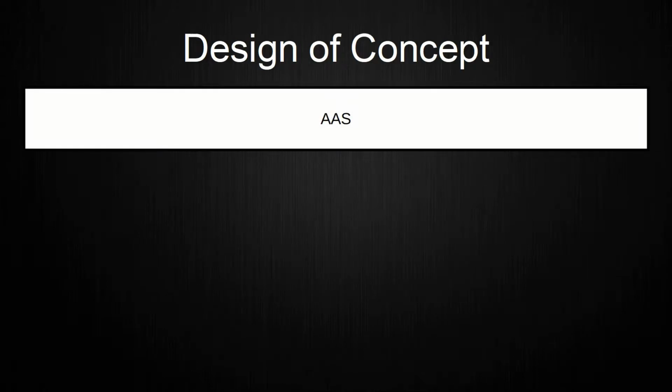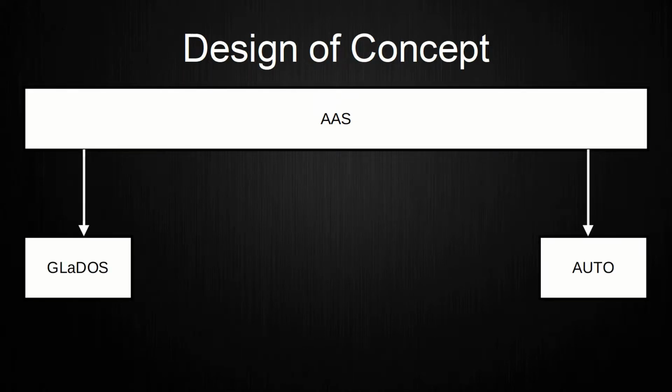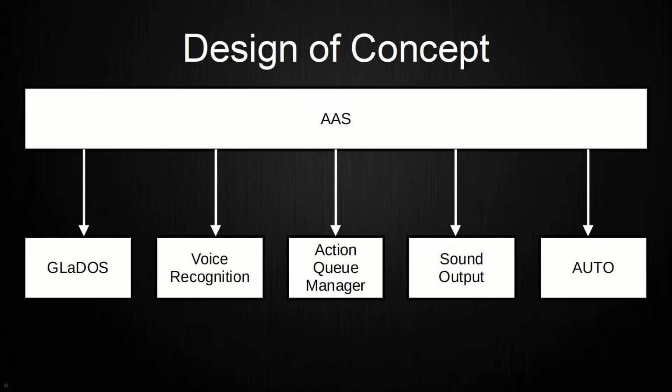This means that the single program called AAS will be split into multiple components. The first 2 components are GLaDOS and Otto for the 2 different sections. In addition, there will be 3 more components to achieve all desired features and functionalities. These include voice recognition and sound output as 2 components, and a so-called Action Queue Manager as the last component. These 3 components will work separate from GLaDOS and Otto, as they realize a functionality that both sections will need. With a broad explanation of the overall plan, the question of what the Action Queue Manager does should be answered